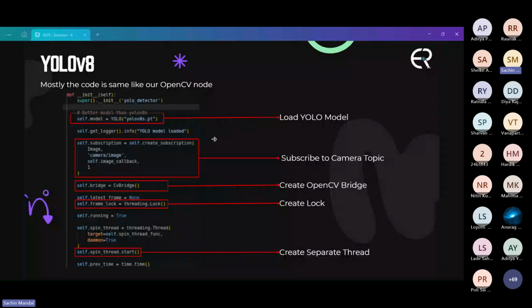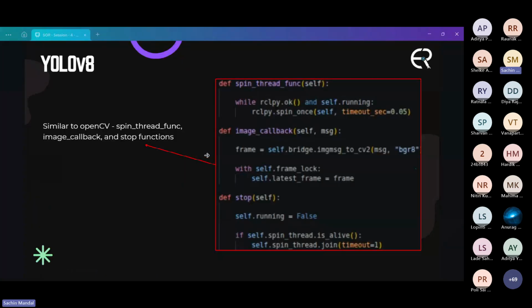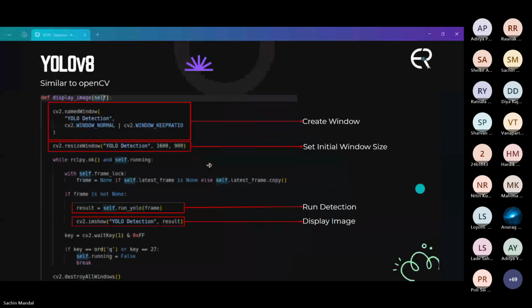Then it will subscribe to the camera image topic and create the OpenCV bridge, then create a lock and a separate spin thread, just like the OpenCV node. Similar to the OpenCV node, we here also create the spin thread function, image callback, and stop functions. Now we will create the OpenCV window to show the detections